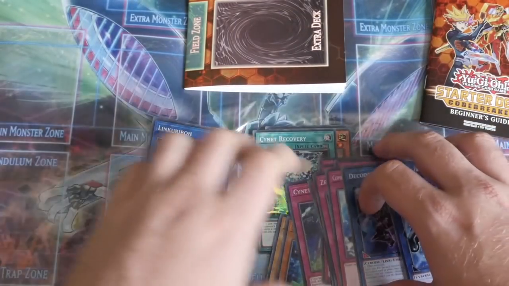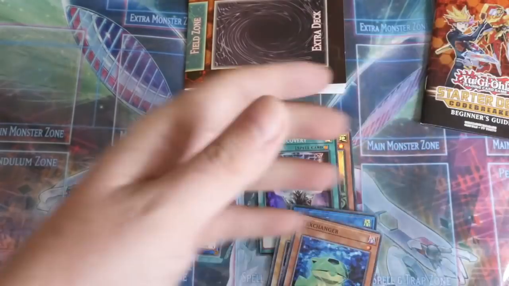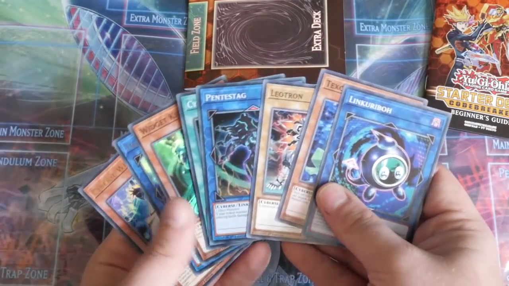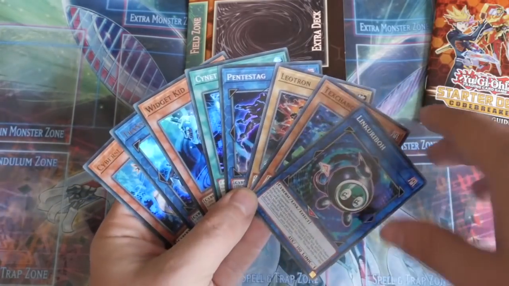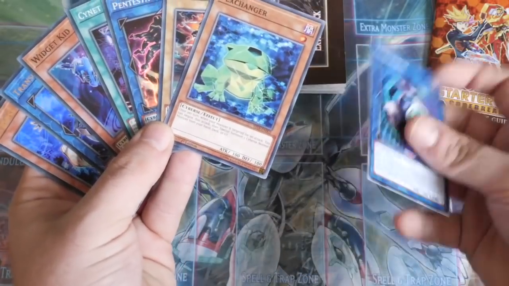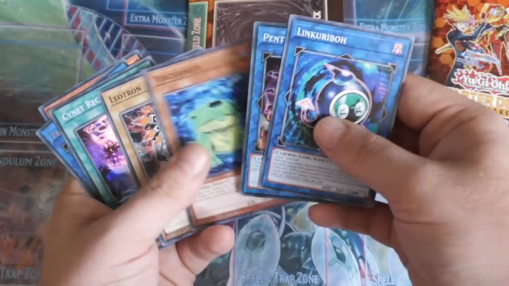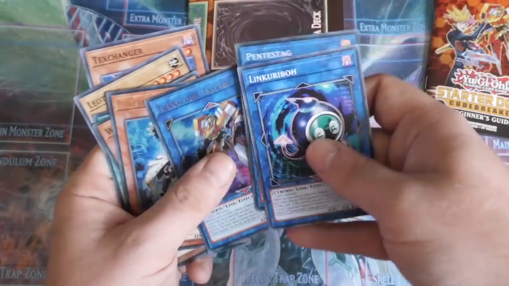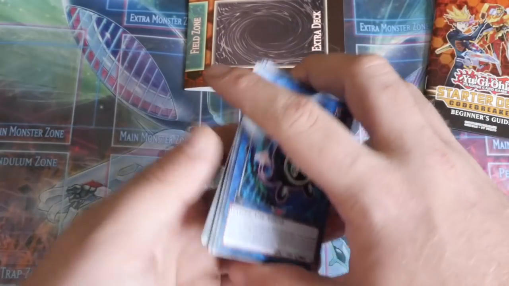Anyway, that is it for the deck profile. Not deck profile, sorry, the deck opening. Now this is my disappointment with this deck: these are the only new cards you're getting. In a full deck, this is all you're getting. Link Kuriboh is probably the most important, and then the rest, as generics, is probably the Penstag. But then after that, it's already down to your Cyverse, maybe Transcode Talker, and then the rest of these is